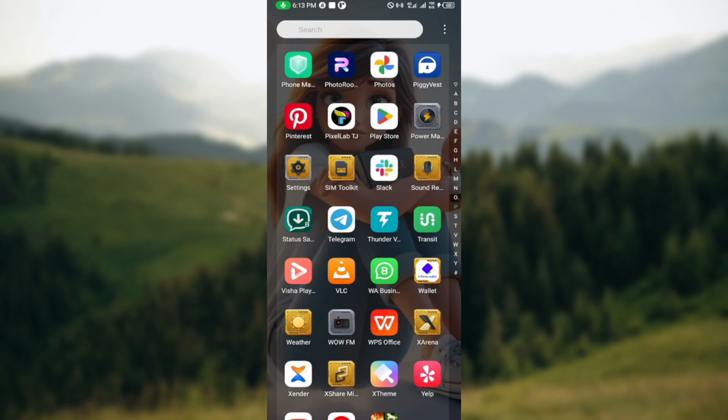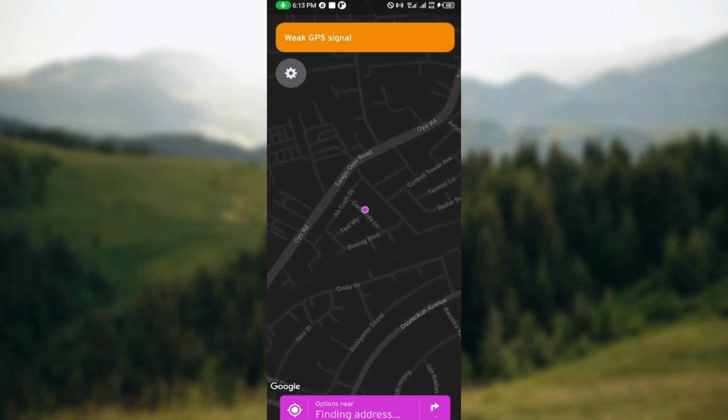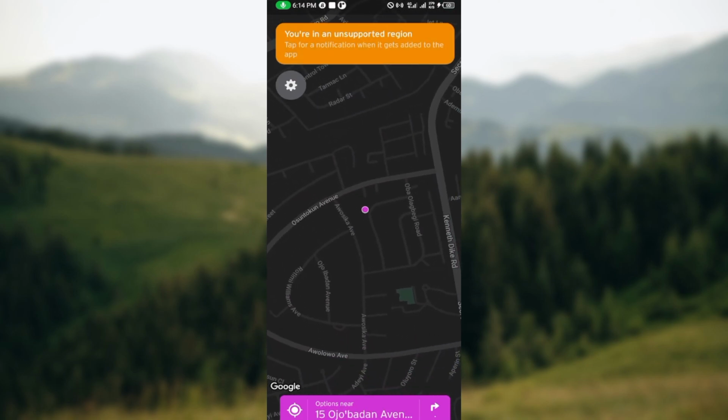So the first step is to install the transit application, then click on it to launch the app. Having launched the app, you are brought to the home page, and you would see a map. On this map you'll see your location and a list of nearby transit lines along with their departure